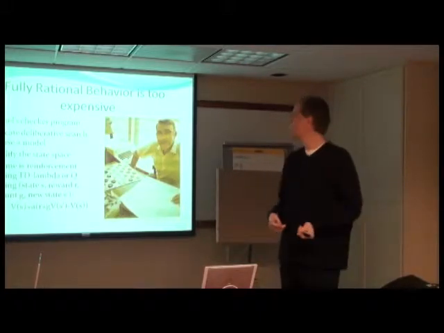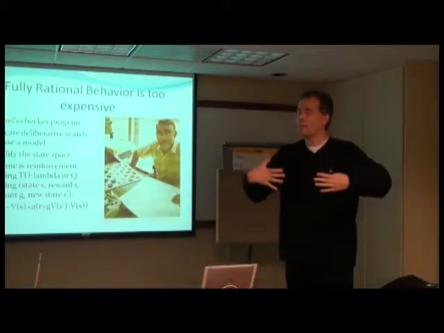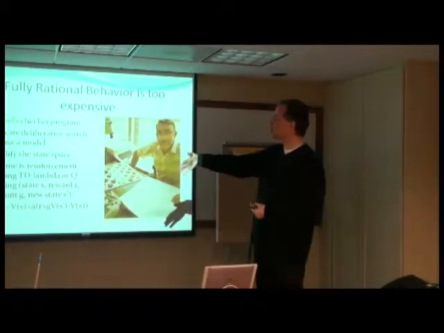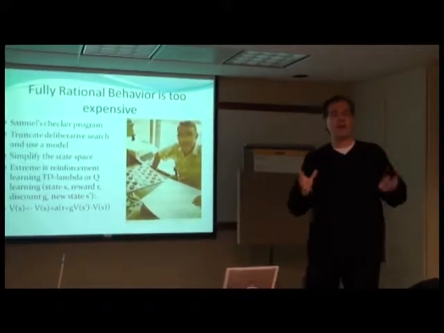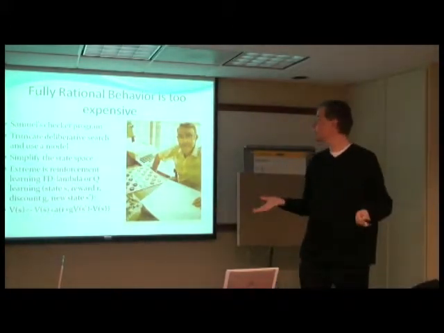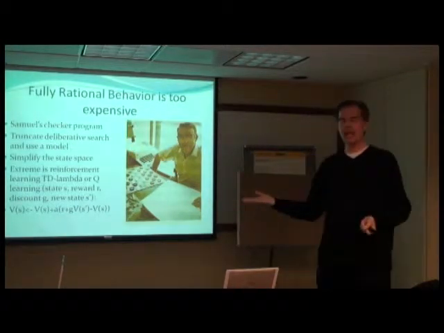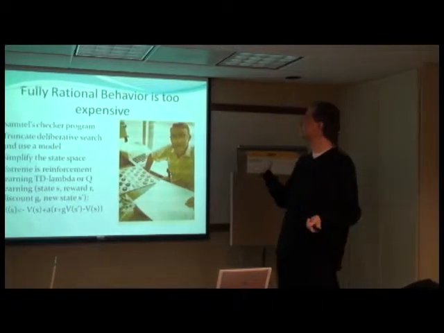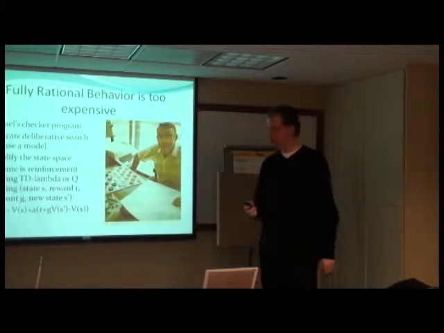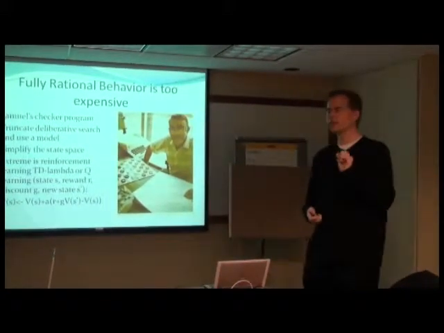And so you can do that to some depth, or you can do that to no depth. And so that gives a range of algorithms that are approximations to this sort of ultimate economic rational algorithm. And in modern terms, this is called reinforcement learning. And there are several variants, something called TD lambda or Q learning, which are quite popular these days. And the simplest of these, and this is where it's very interesting for biology,